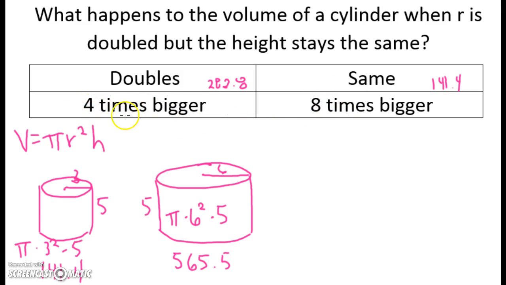All right, if the volume is 4 times bigger, it means I need to take 141.4 and multiply it by 4. When I do that, I get 565.6. That is really, really close to what I got for this volume. So I'm going to say this is my answer. Another way that you can look at this,